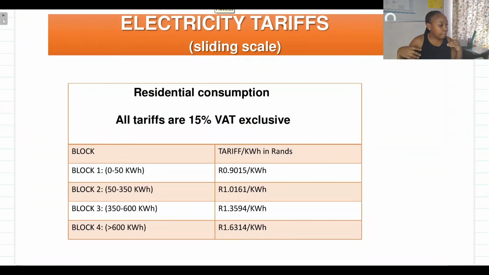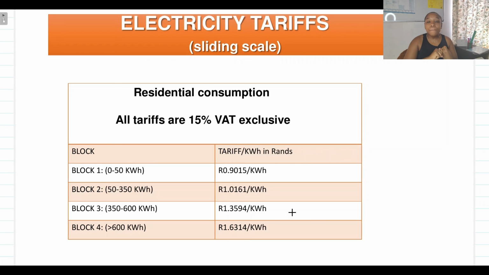So we are given a table here that shows electricity tariffs for residential consumption. We are told that all the tariffs here are 15% VAT exclusive, so VAT hasn't been included in any of these tariffs. Remember, when we are tackling a question, guys, the first thing you need to be